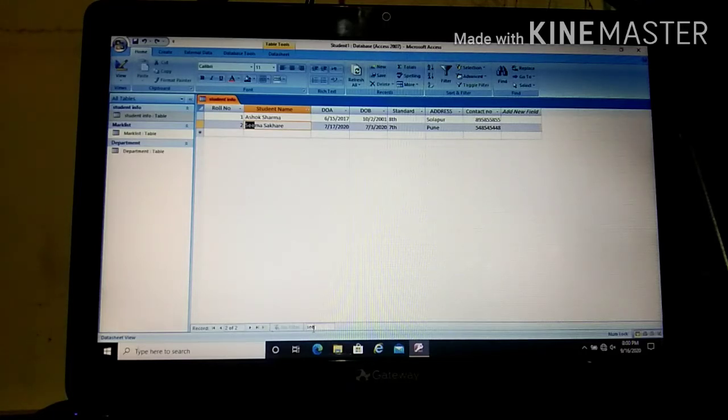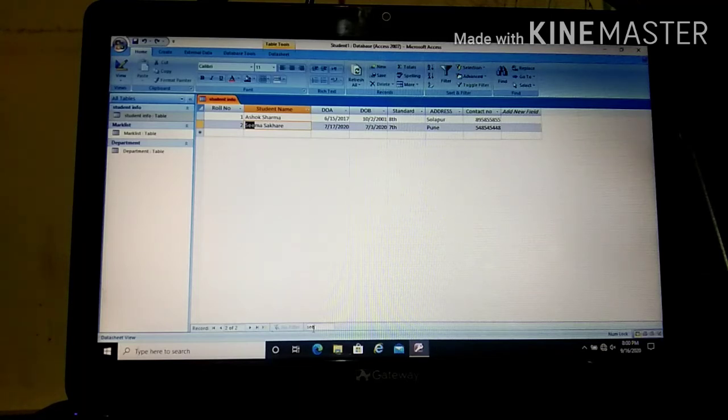What does this mean? See, now in your student info we have roll number, student name, date of admission, date of birth, standard, address and contact number. Suppose this information belongs to higher students like 12th standard students. When a student is concerned about higher education where different departments are concerned, suppose you want to give the facility to your student to select the department in the same table.